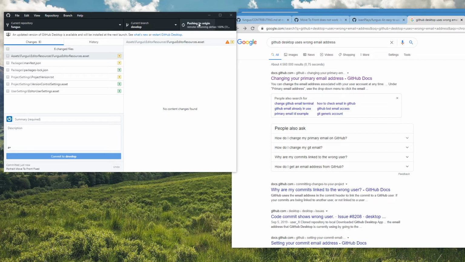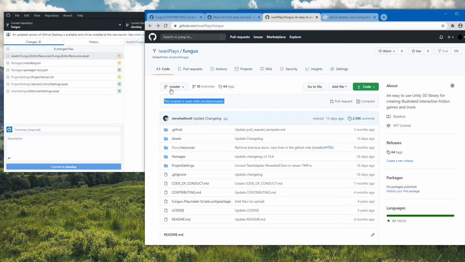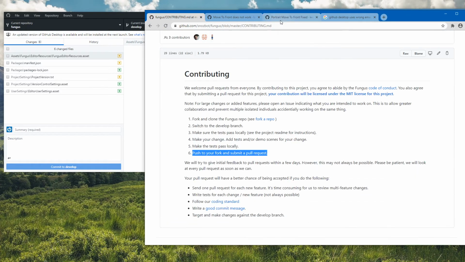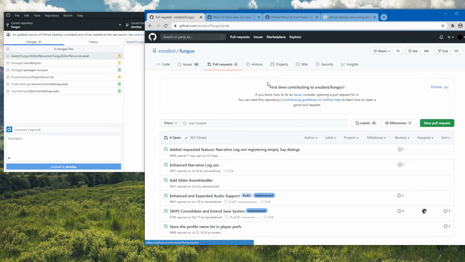Okay, now I'm pushing. Why is it even? Okay, because dev, right? Because we have to be on the develop. All right, one commit. Okay, so this is the commit. Nice. Yay. What do I do now? All right, submit a pull request. Let's try submit